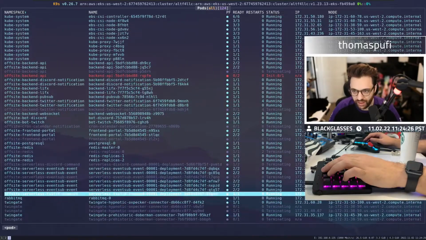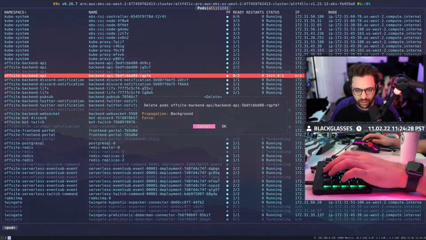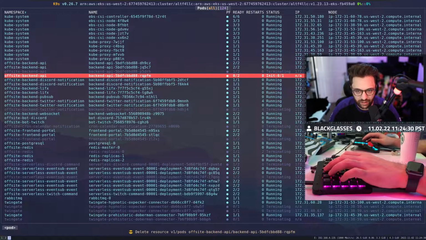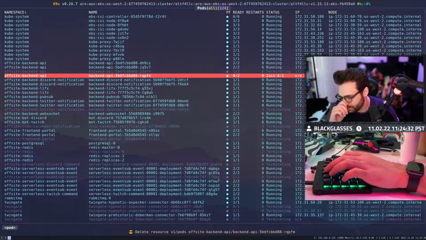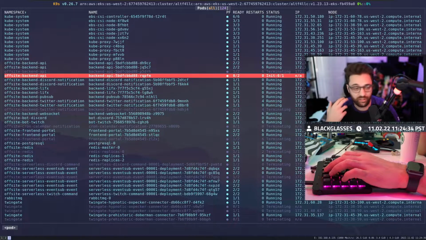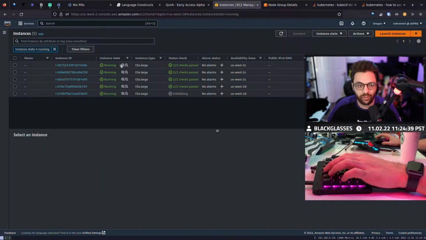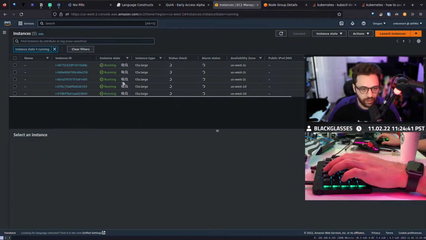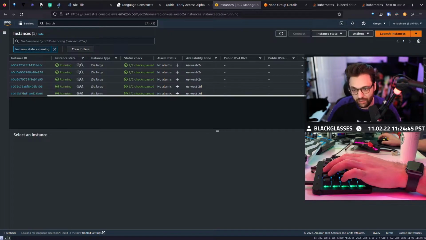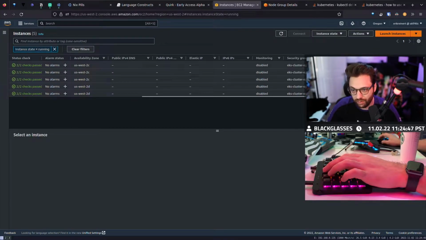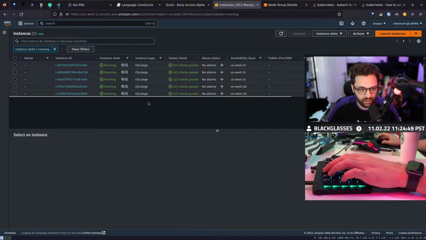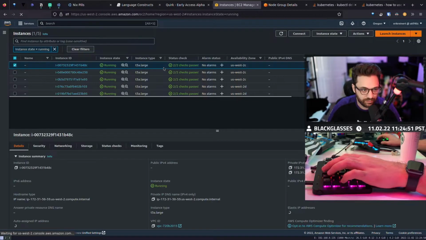It doesn't even look like I can kick that out of it. Or we might just delete it. Honestly, it might be better just to delete the node and get a new one. That's what I'm going to do. Another nice thing about having auto-scaling groups is that when a node just goes and you have containers like this, you can just give yourself a new one. Just delete it. So that's what we're going to do.